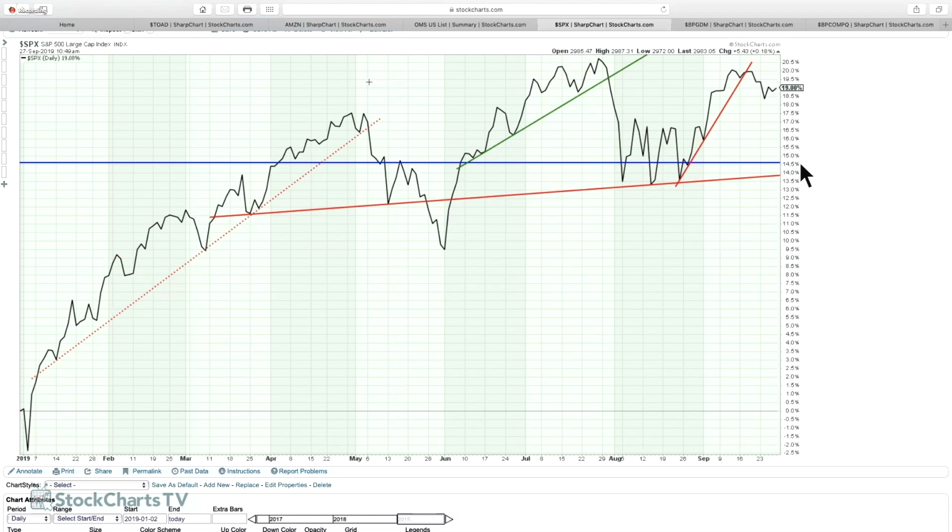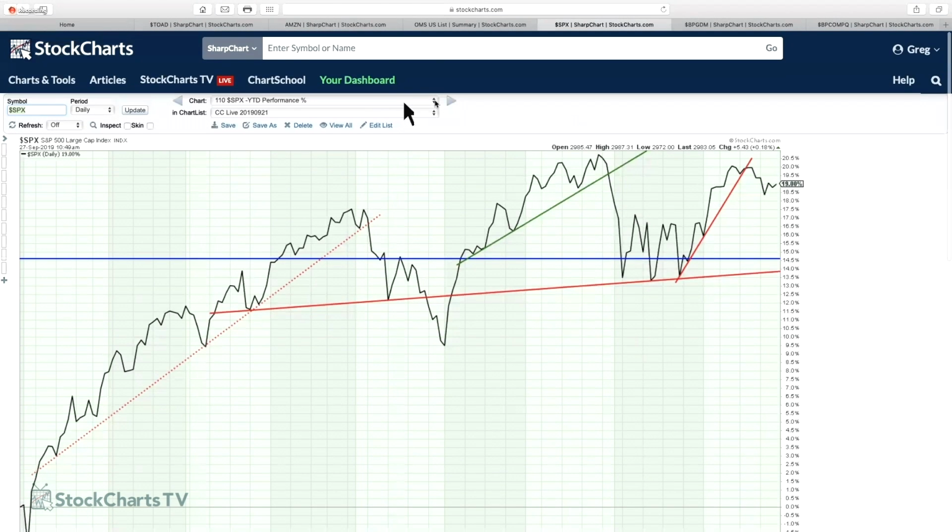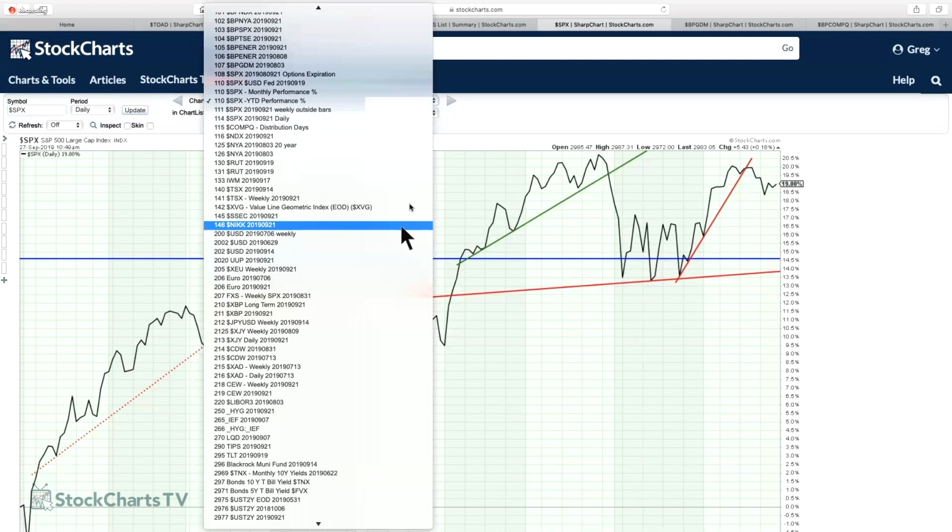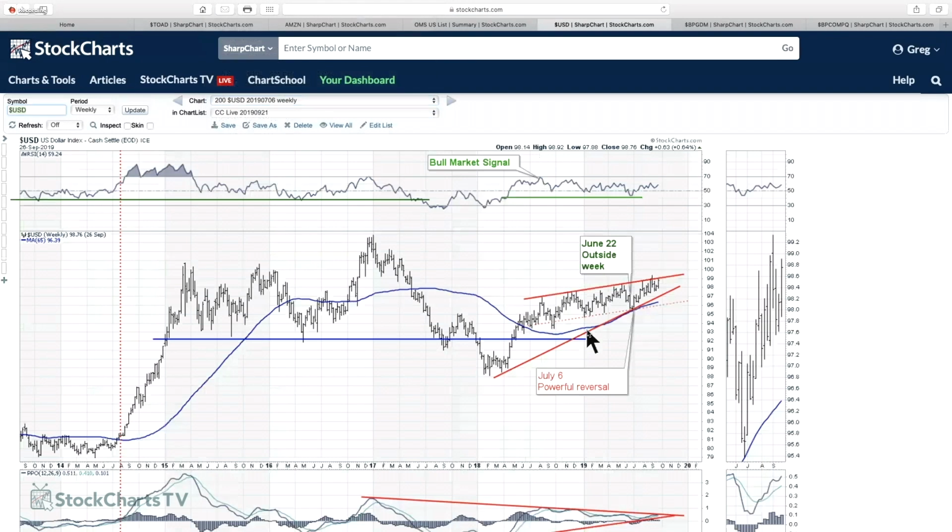Okay, let's go look at the currencies because I think there's some information in there. I just got to find where I want to do that. I guess right here would be great. So one of the things going on in the currency markets that we need to watch is there's this wedge,